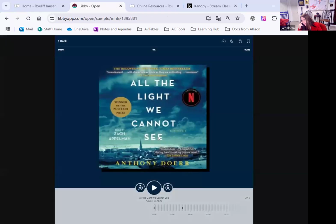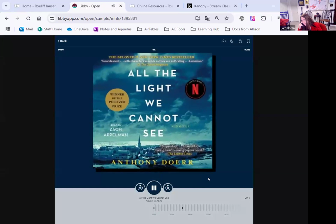So, for an example here. In August 1944, the historic walled city of Saint-Malo, the brightest jewel of the...